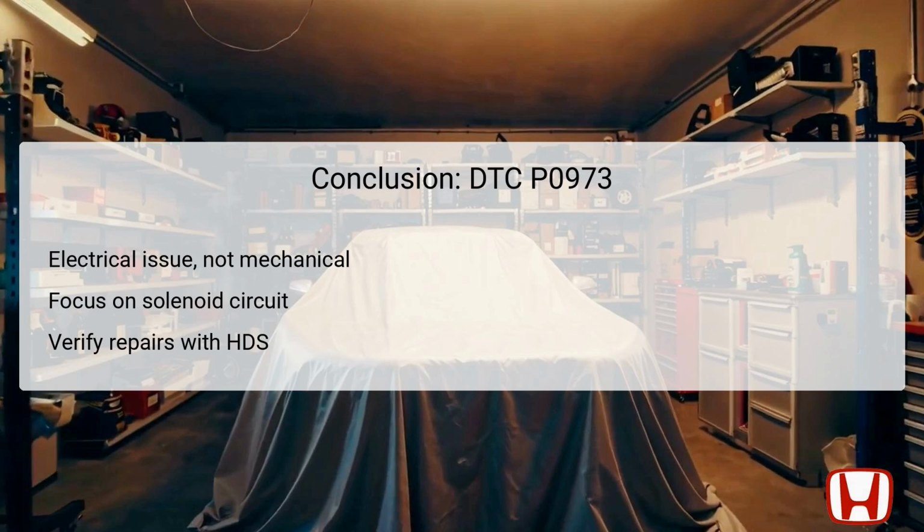Verifying repairs using the HDS after troubleshooting and rectification is needed to confirm that the underlying electrical faults have been resolved. Furthermore, incorporating preventive maintenance checks can significantly help in mitigating future occurrences of this DTC. Understanding the symptoms, causes, and troubleshooting steps allows drivers and technicians alike to maintain the performance and safety of their vehicles